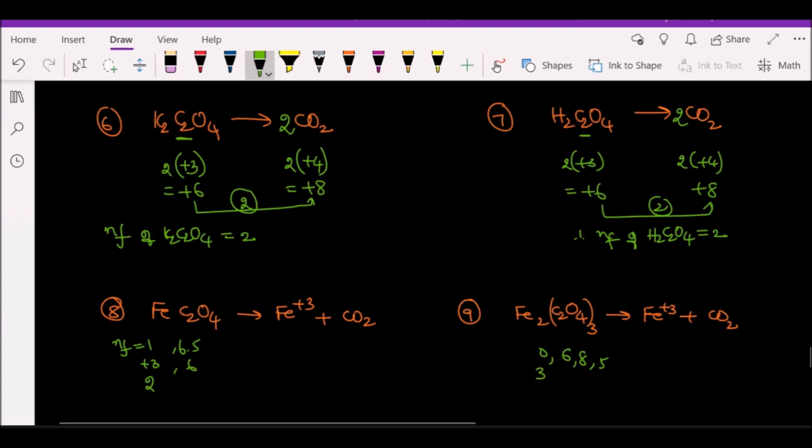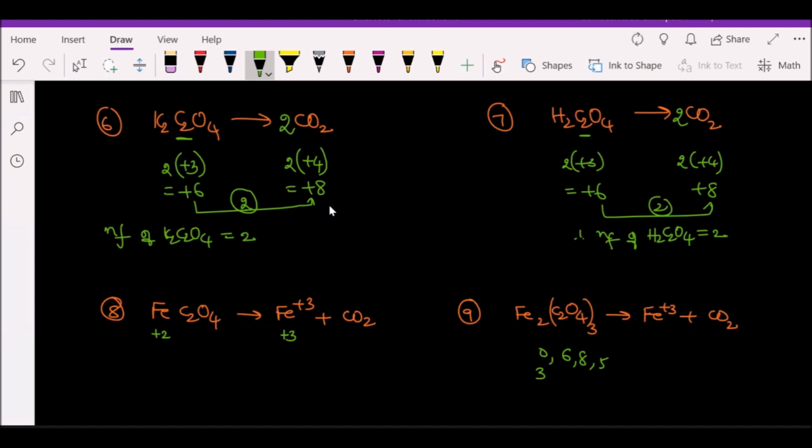So you people have said answers. Now I am going to give you the correct explanation. You people check it once. So you people have said 1, 2, 3, 6 and 6.5. Which is correct? Let me check. Carefully listen. What is the oxidation number of iron before the reaction? It is ferrous, because oxalate we know is -2. So iron will have +2, and iron is +3 here.